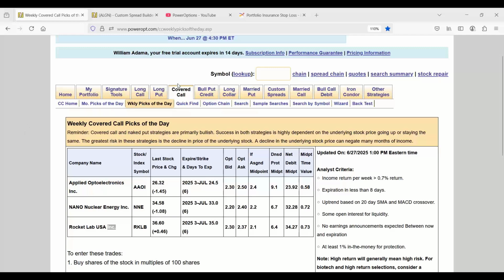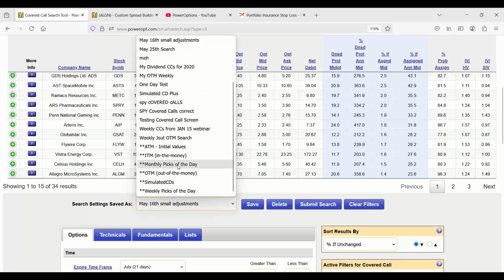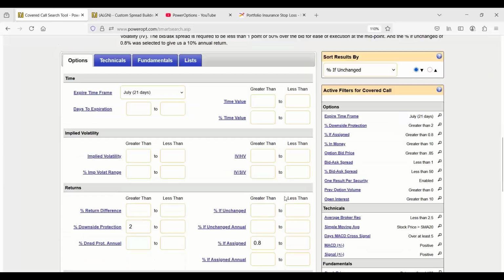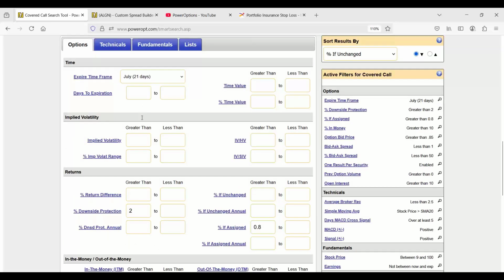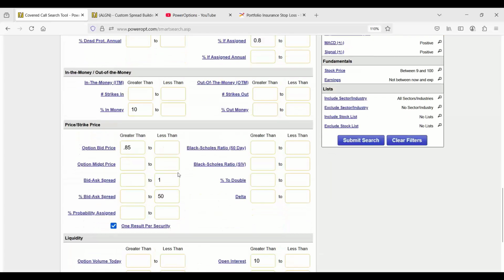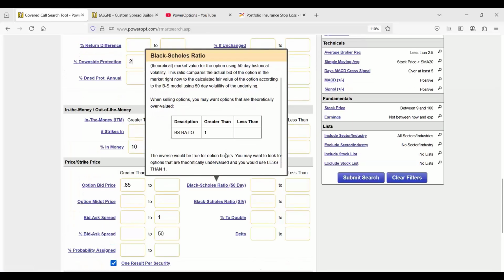But again, as you saw, the power of the main search tool is you can start with those defaults. My saved search is here, but we can start with those defaults, the monthly or weekly picks of the day. And you can take a look at the criteria down below and make adjustments to the variety of different options criteria, stock technicals, and stock fundamentals to create a search that matches your personal risk reward tolerance, what stocks you want, and of course, what options you want as far as return, implied volatility ranges, in or out of the money, downside protection. We're still talking about the covered calls, of course, overvalued or undervalued using the different Black-Scholes ratio values,